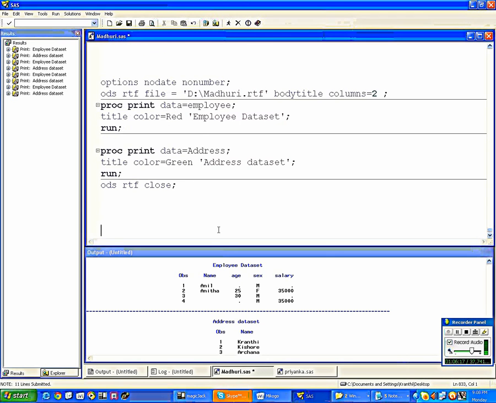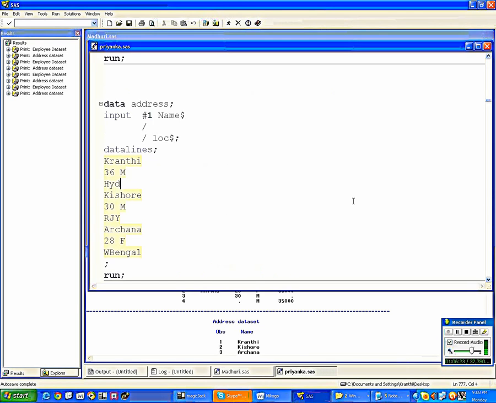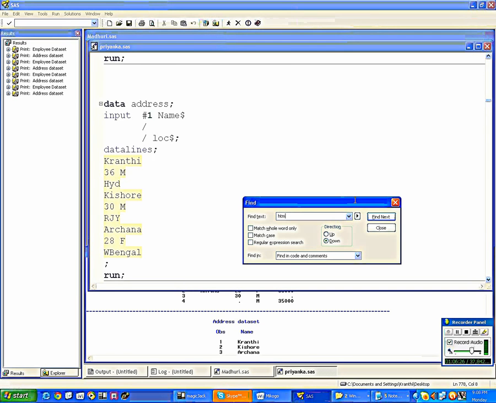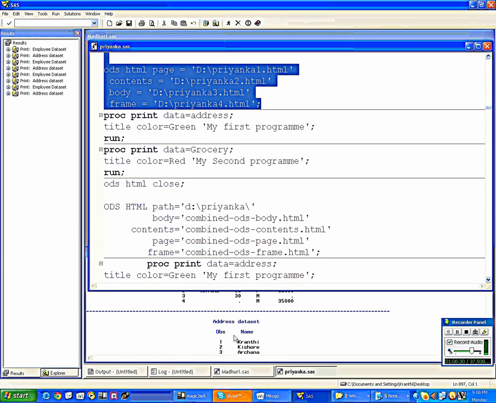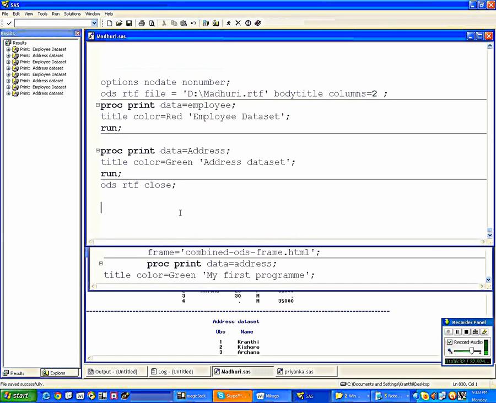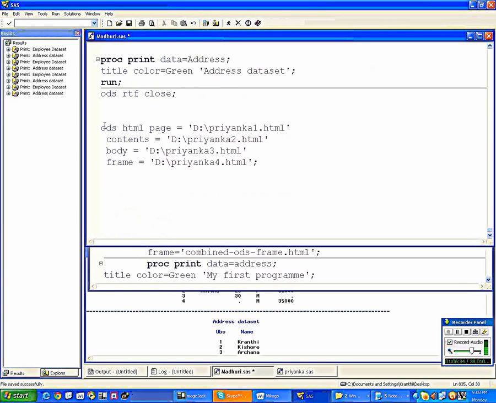Now, you can write it to an HTML file also. So, let me show you how to write to an HTML file. You can write like ODS HTML page equals. HTML contains 4 parts: page, content, body, frame. So, I am giving different names like Priyanka 1, 2, 3, 4.